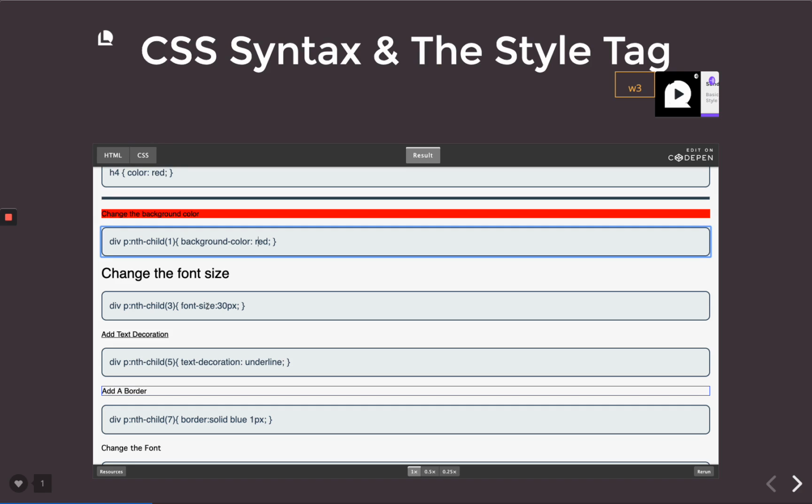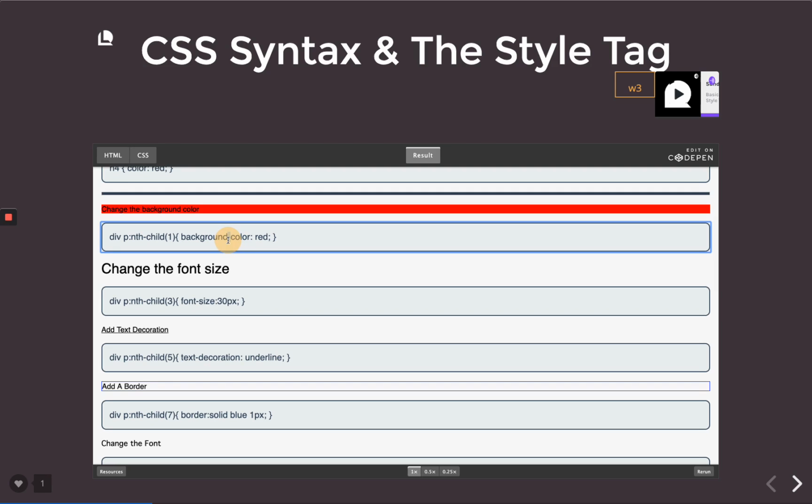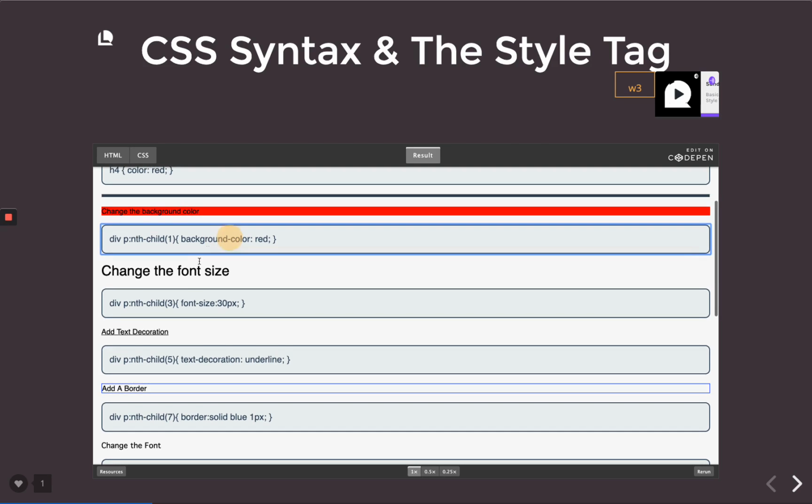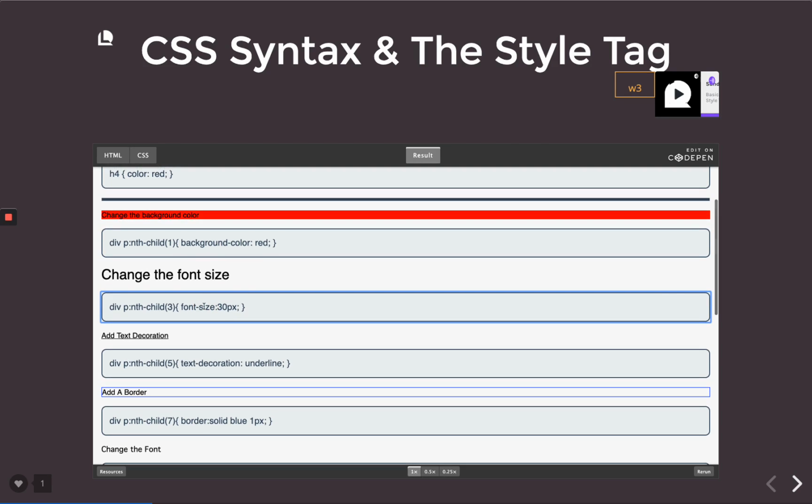Like for example, when we learn what divs and spans are, those don't scream out what they are. But in the case of background color and font size, you kind of know what you're getting. All you've got to remember is that this is case sensitive, and you've got to remember this little hyphen. But that comes with time. If you just type in font size CSS, you'll be reminded what the syntax is, which in this case